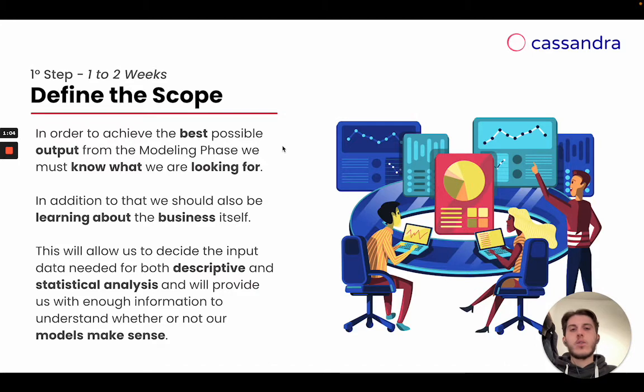In addition to that, we must know the business. So in this phase, we really want to get an idea of what the business is doing, how it works, where they are getting the most money from, whether it is offline marketing, online marketing, organic, and so on. Because all this information put together will not only help us to understand what kind of data we need for both descriptive and statistical analysis,